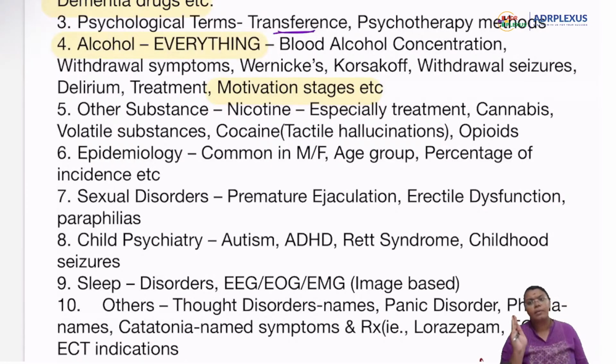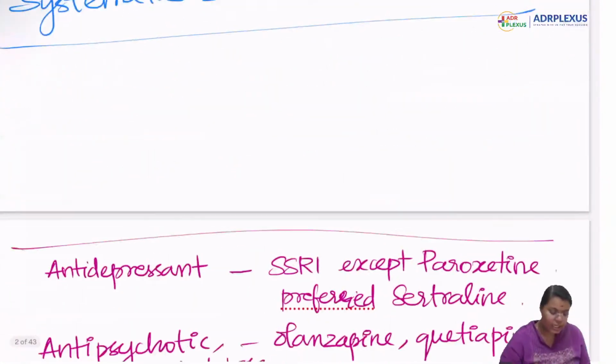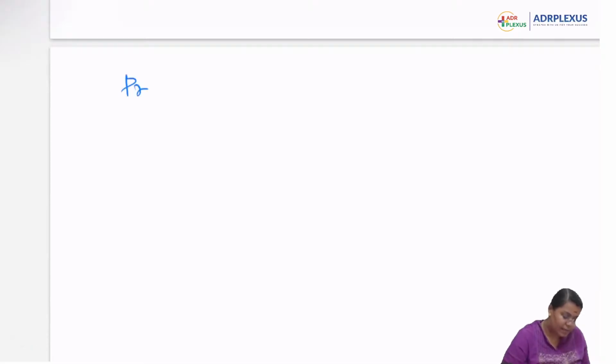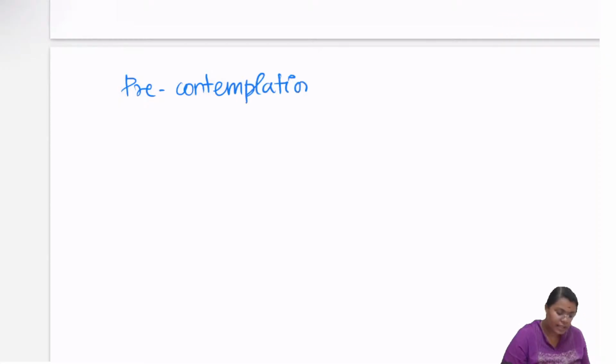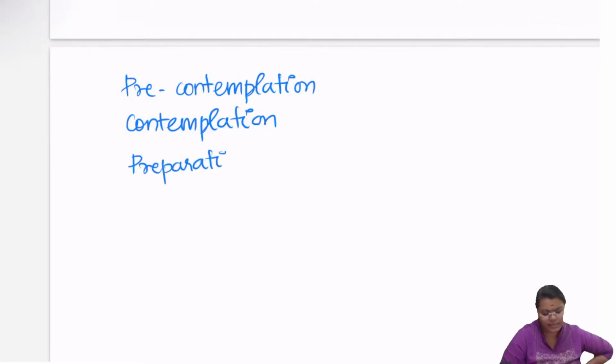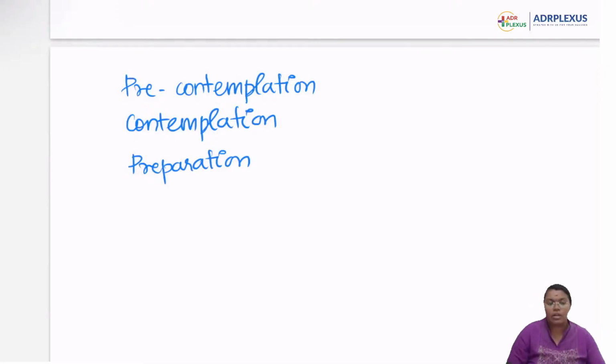Motivational stages we usually discuss in class, right? There is pre-contemplation, where I am not even thinking about quitting. Then there is contemplation, where I am thinking about quitting alcohol or any other substance of abuse or any other maladaptive habit. Then preparation, where I'm actually taking steps. Let's say I'm visiting a doctor, or I've cleared out all